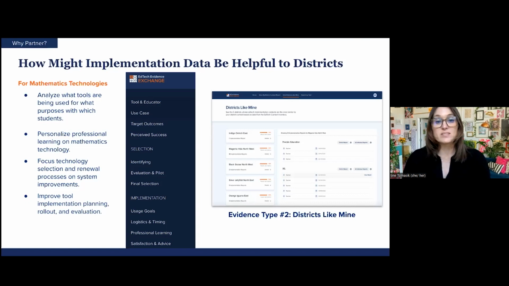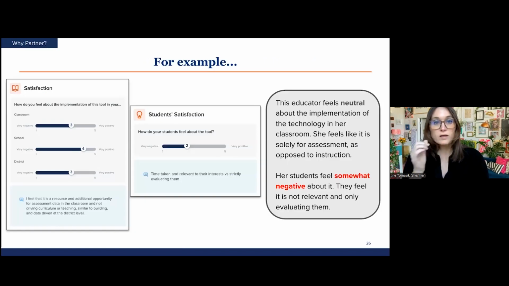Let's look at the satisfaction and advice section of the implementation report. The data shows how satisfied the teachers reported they are with the tool in their classroom, a 3 out of 5. Underneath, the teachers indicate how satisfied they think their school, a 4 out of 5, and the district are with the tool.